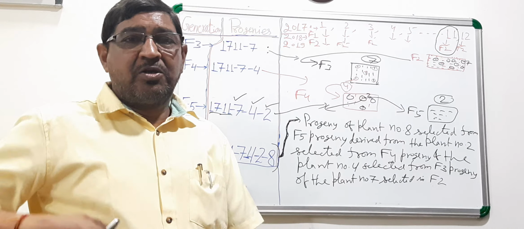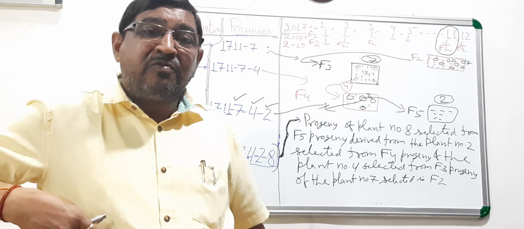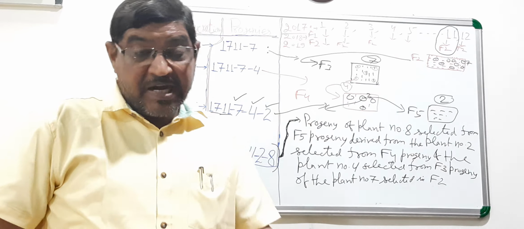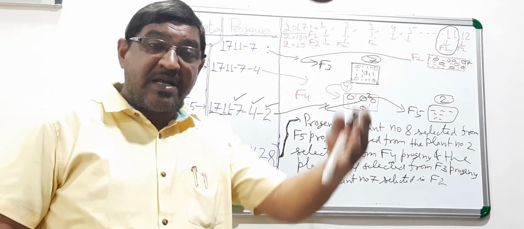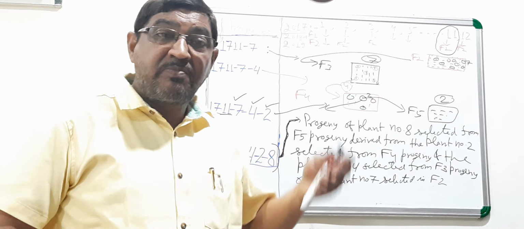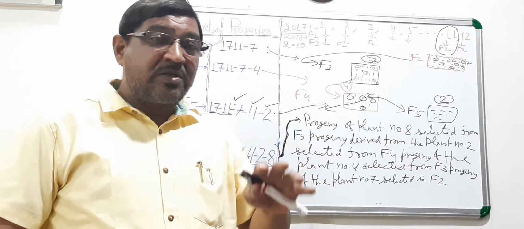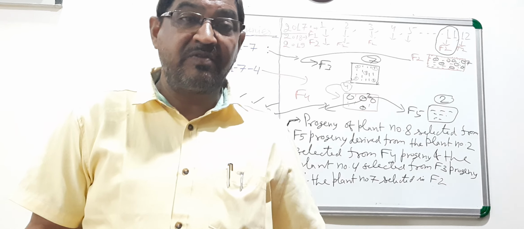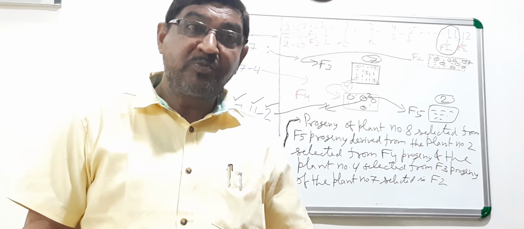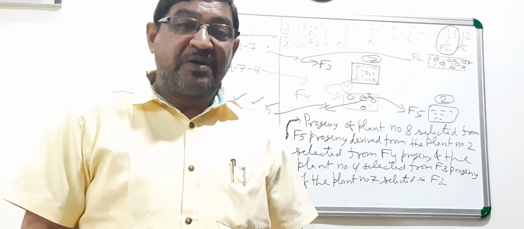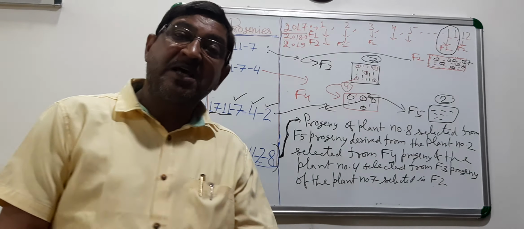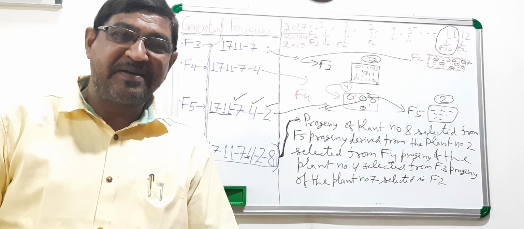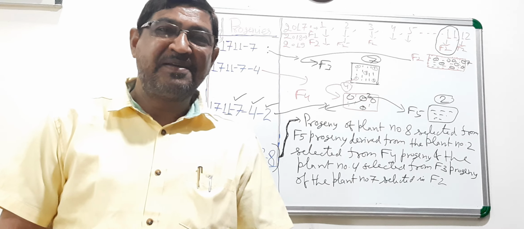So this pedigree record is very, very helpful for the breeders to have the idea of the inheritance pattern of the particular trait, and to trace back the parentage of the particular line. So this is very much required while developing the varieties, releasing the varieties. Parentage has to be mentioned, has to be clear. So this is all about the pedigree record, which is maintained in the pedigree method of breeding.